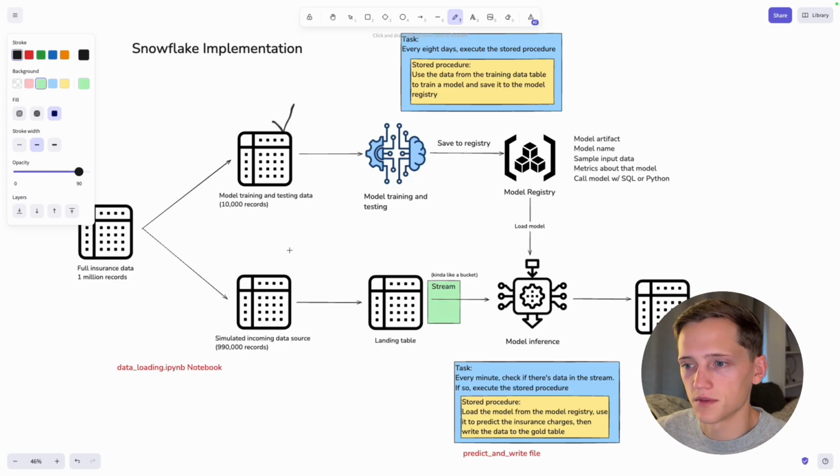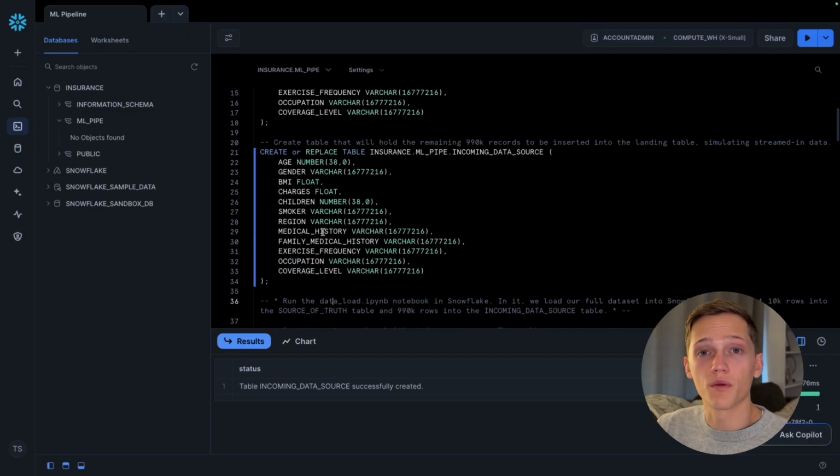So that one has been created. Check that off. Okay, once we have those two tables created, we can now load data into them using the data load